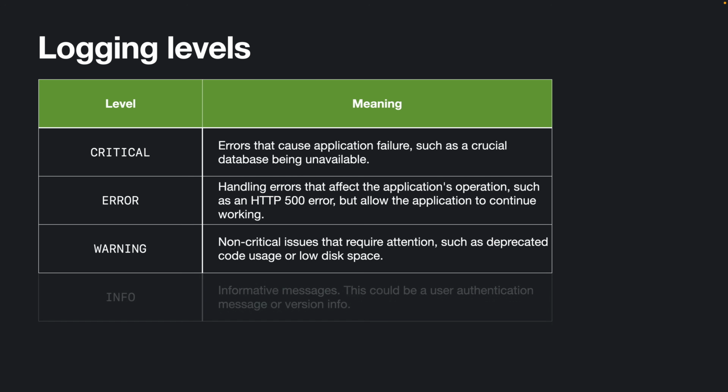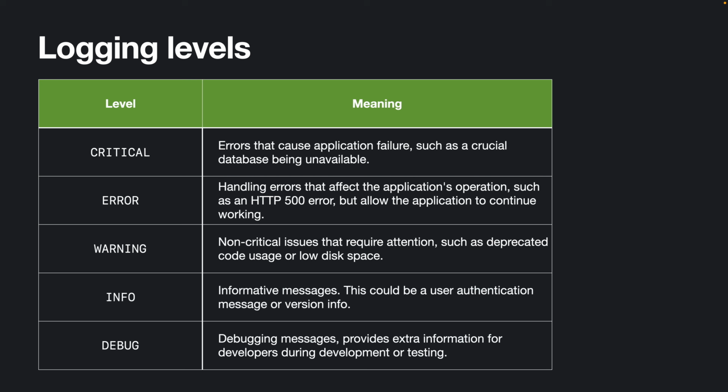Then you've got warning, info, and debug. In different environments, such as when developing locally or when your application is in production, you may only show or hide certain levels of message. For example, in production, you may not want to show debug messages because you can often print out a lot of debug messages, and that can take up a lot of space and therefore a lot of money in production, and you're not going to be looking at them. But when you're developing locally, you may want to enable debug level messages so that you can see all that information when you are actively coding.